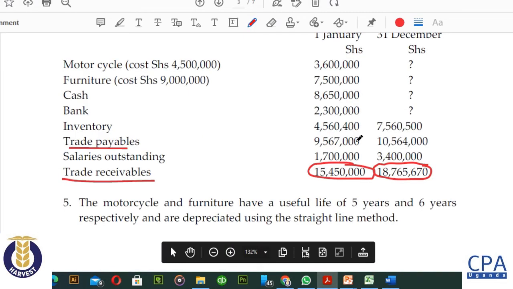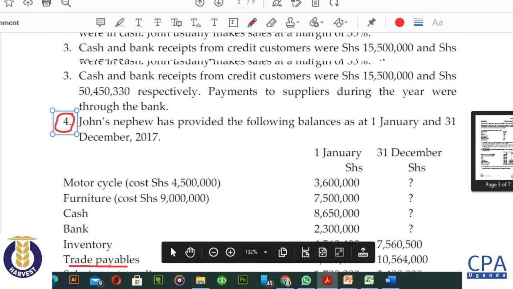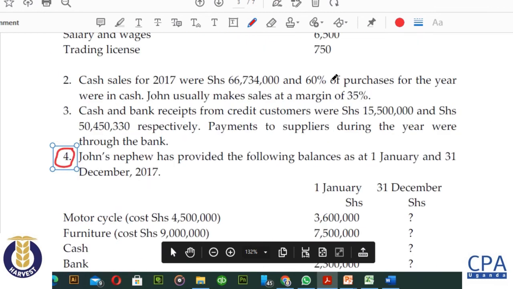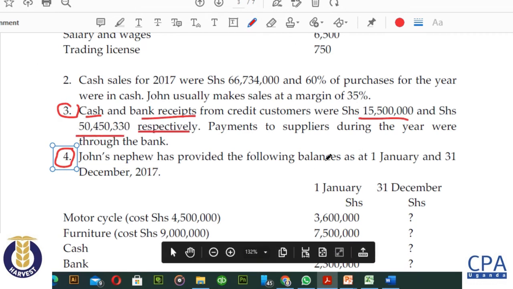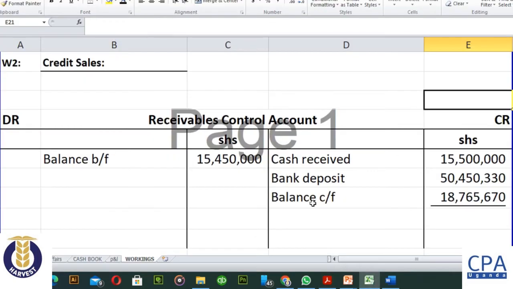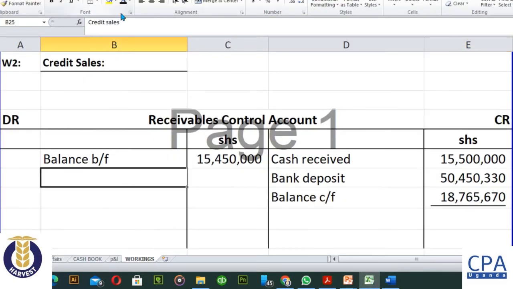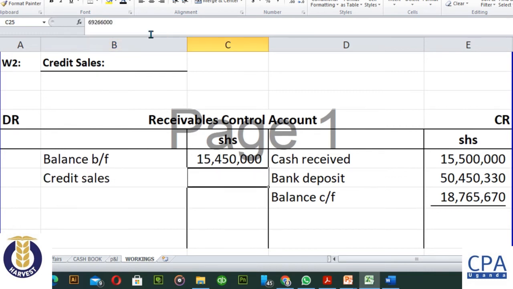Looking at our question, let me just highlight note number 3. We are told that cash and bank receipts from credit customers included 15.5 and 50.4 million respectively. So those figures are picked up and brought into our T account here, leaving us with the credit sales as a balancing figure of